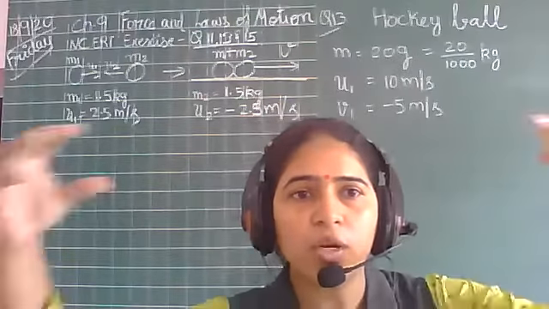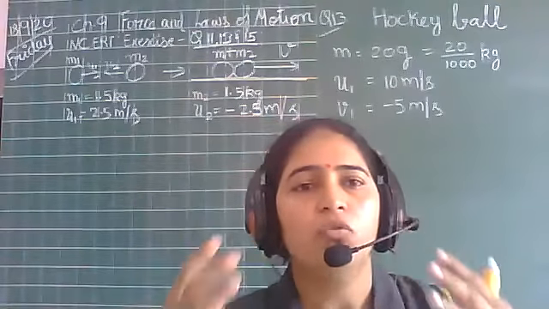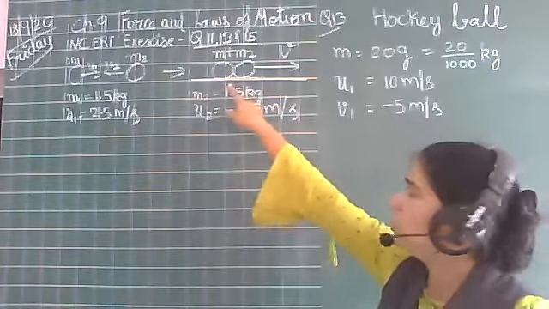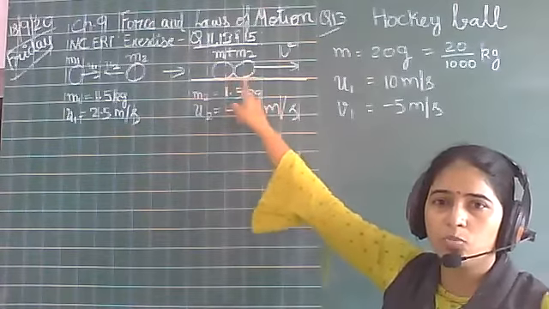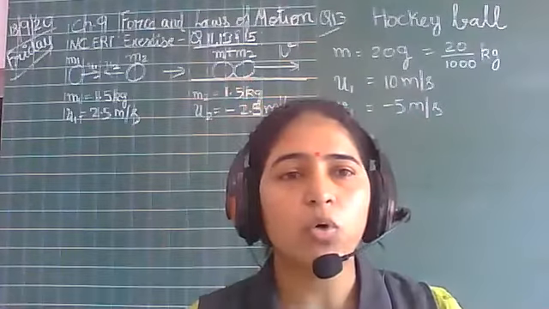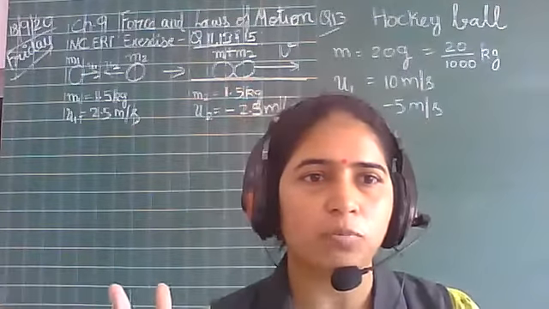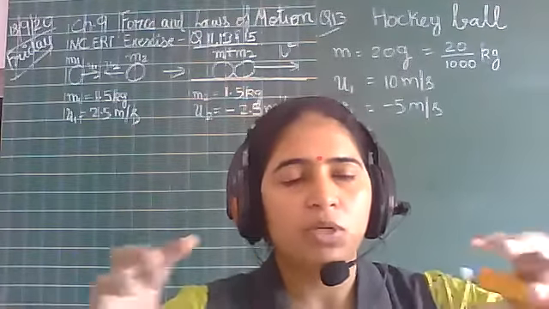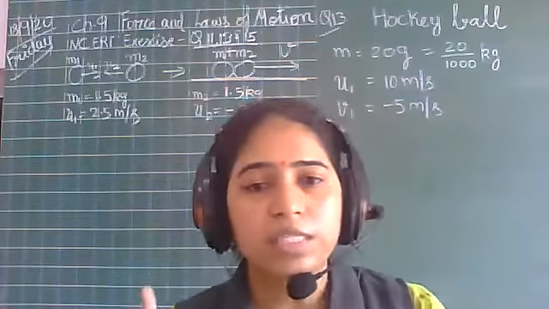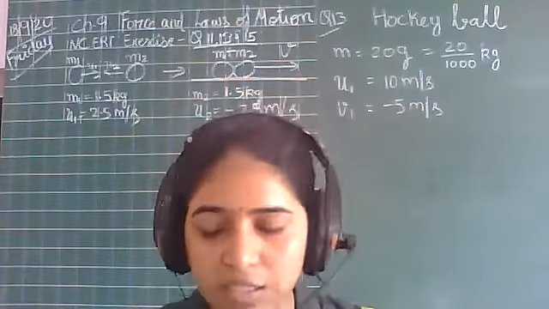Now when they are going to collide, son, what will happen? They are going to stick with each other. So this case is like this. Here you can see that both the objects, they are together, they have stuck together. So now they are not two separate objects. Now they are one because as they are stuck together, now they are going to move with the same velocity. Right, beta? Let's read the question further.